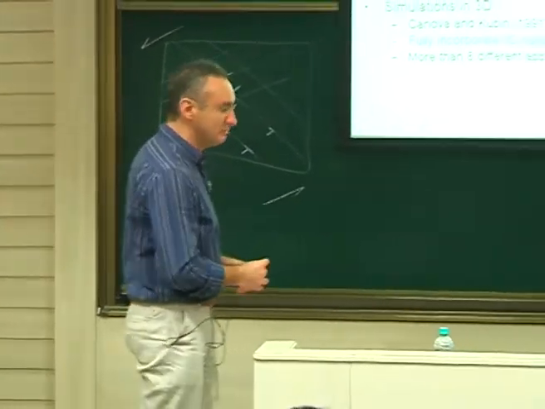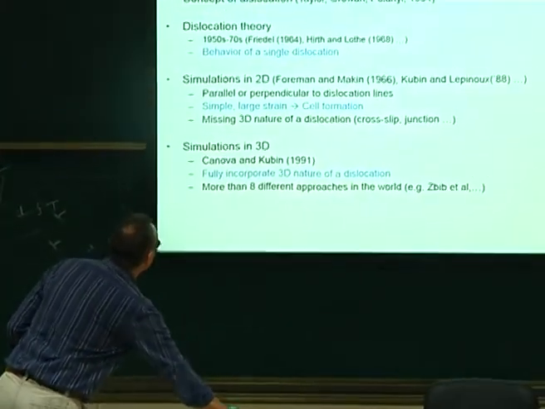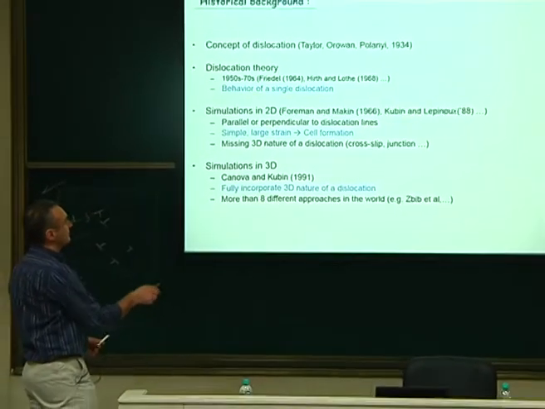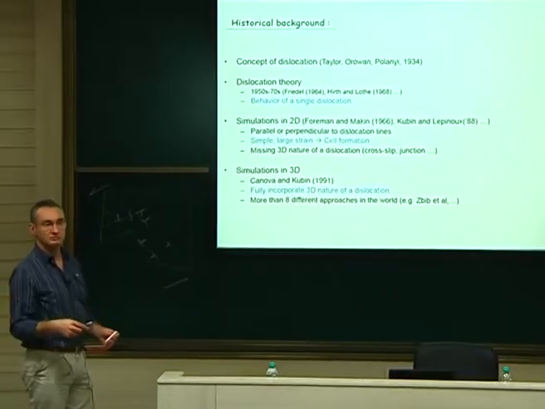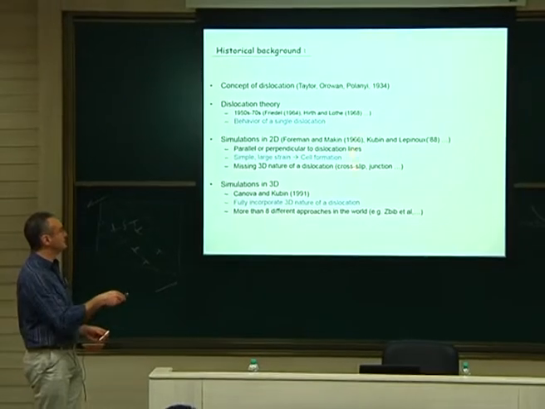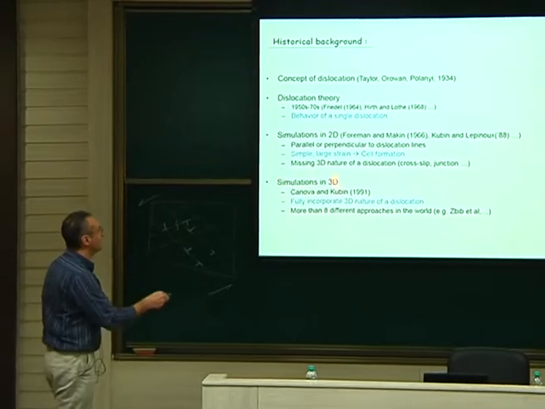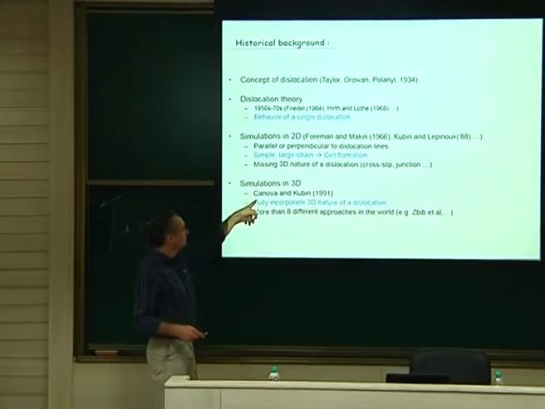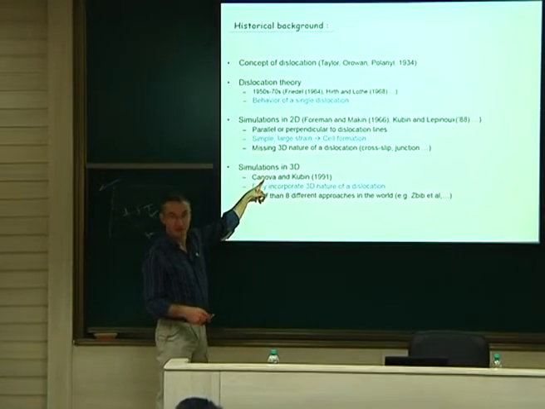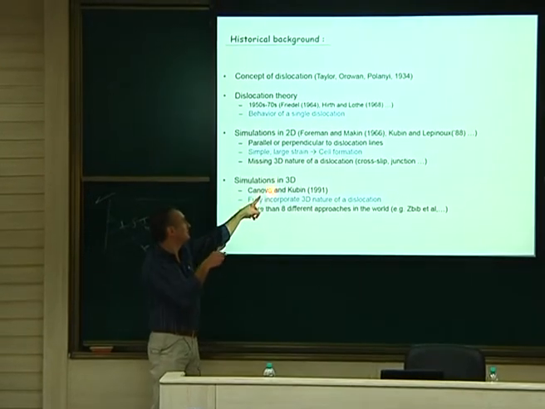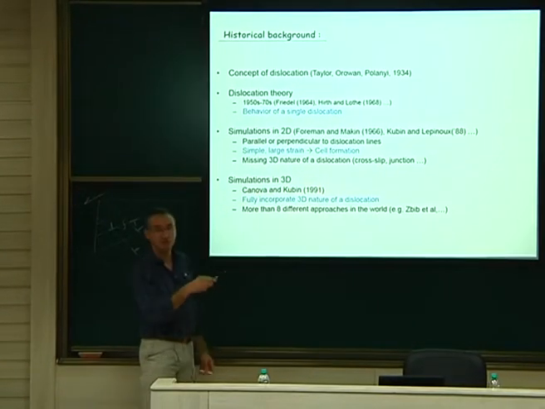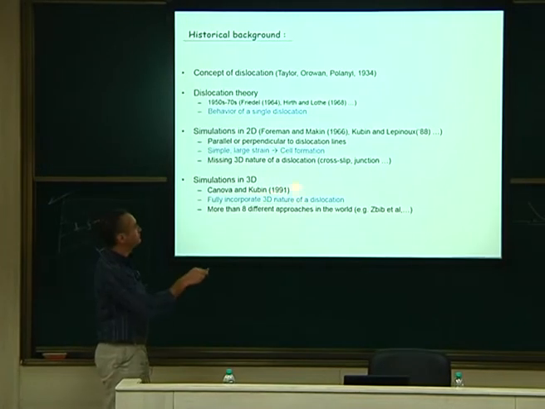The 3D simulation started again with Cubain. Cubain was here for the 2D. Cubain retired two or three years ago, by the way. He's still alive. He's in France, but he's retired now. So he did that in 3D, and the guy who wrote the code was Canova, Gilles Canova. He was my supervisor, actually. So Gilles Canova was my supervisor, and they wrote, with Cubain and Brechet, the first code in '91. Brechet is the third guy.